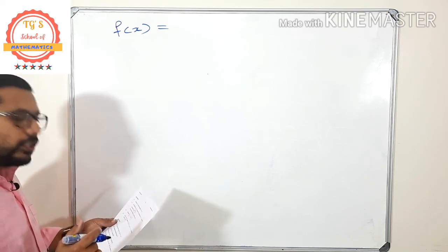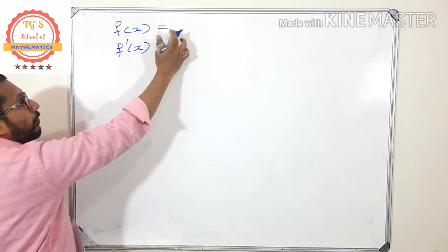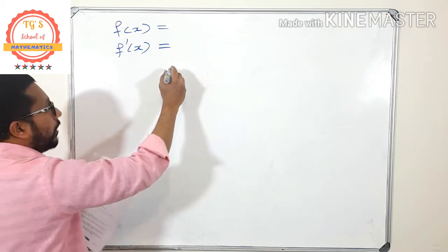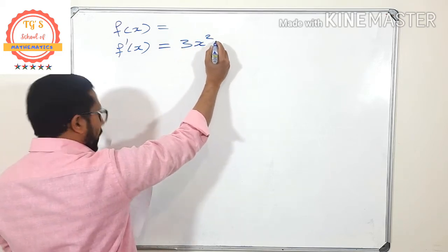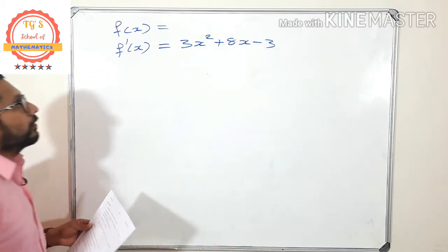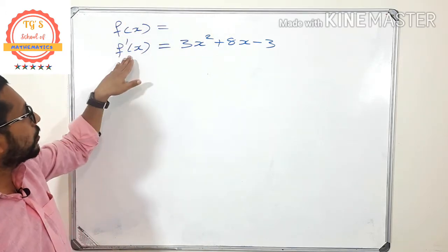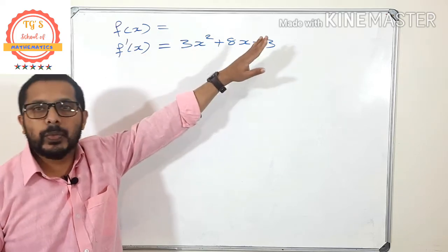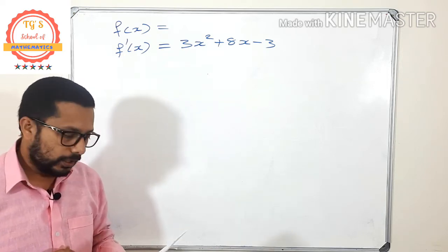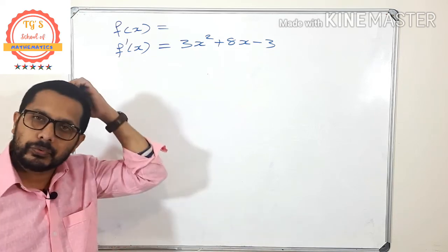The first derivative is given as, that means after they derive this one, this f of x, whatever may be here, after they derive that one, the first derivative is given as 3x square plus 8x minus 3. So f of x is not given, but the first derivative f dash of x is given as 3x square plus 8x minus 3. Okay, fine. What is the first question? 9.1. Calculate the x coordinate of the stationary points of f.